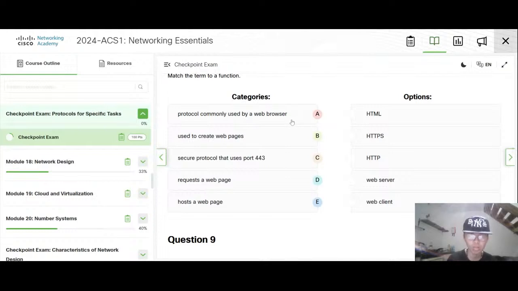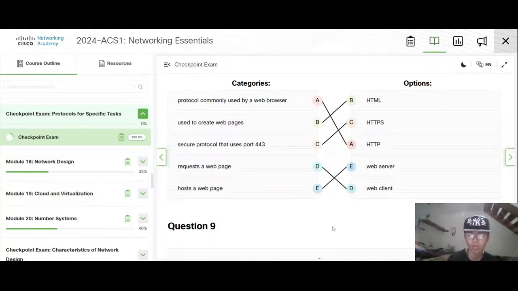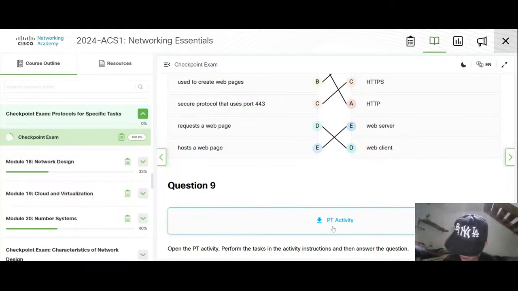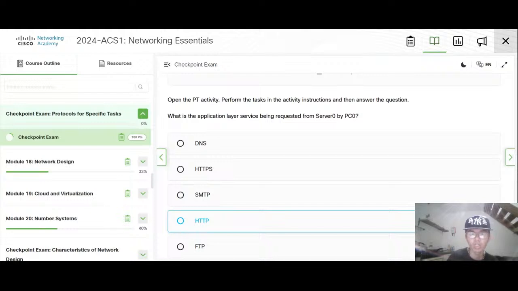Protocol used by a web browser. Secure is HTTPS. Request host. What is it about?